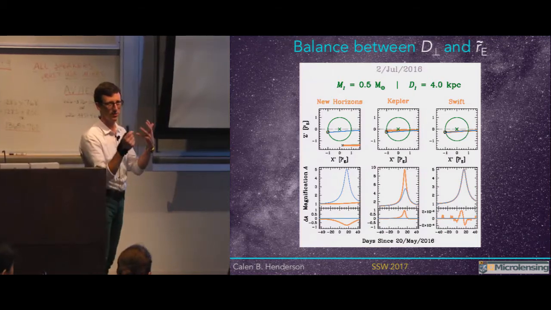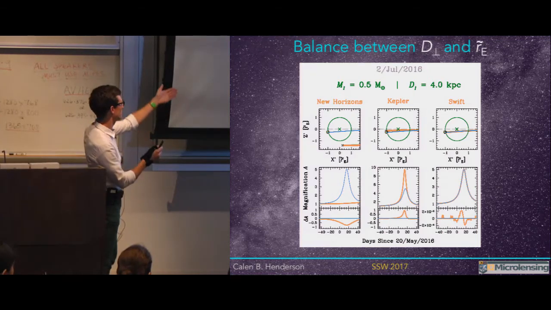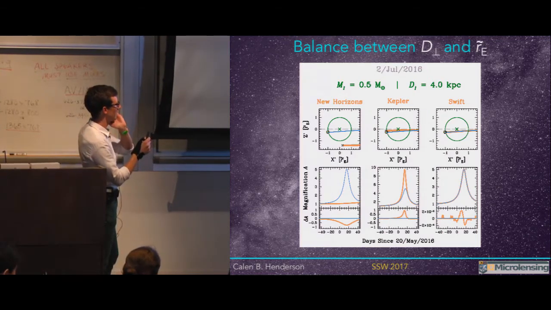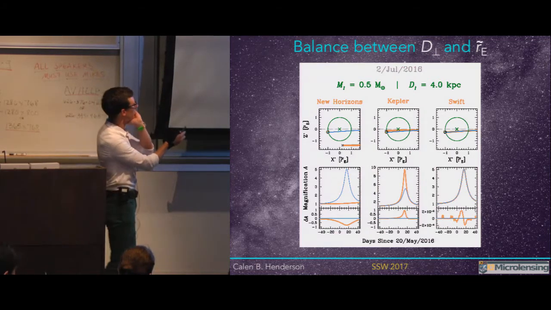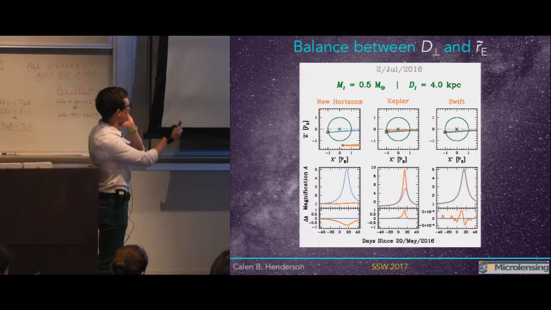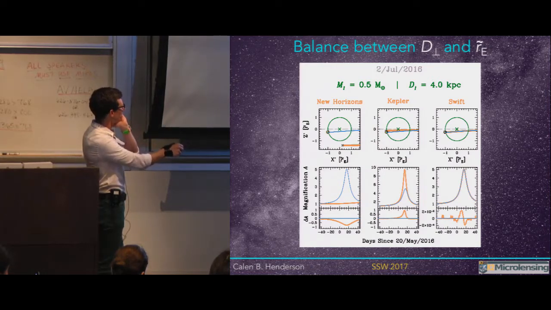This will help highlight why this sweet spot is so important. The bottom panels are the actual magnification, the light curves in magnification space. So on the left, you have New Horizons in orange, and you can see the blue light curve that Earth sees. Earth is going to be the same every time, just the scale of the y-axis is changing. Earth sees a nice single-lens microlensing event,